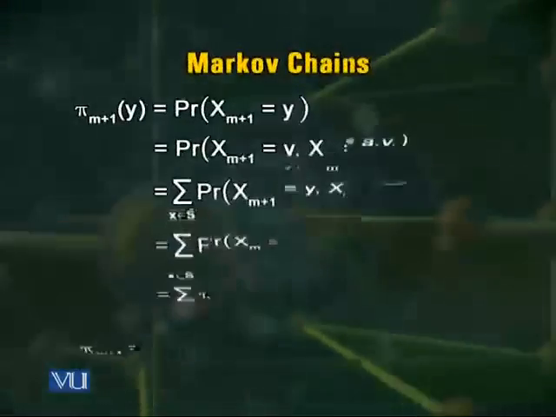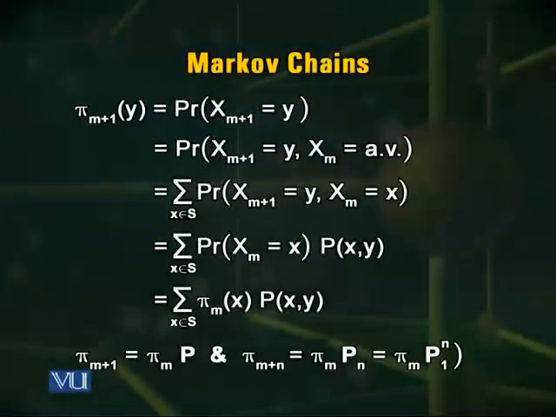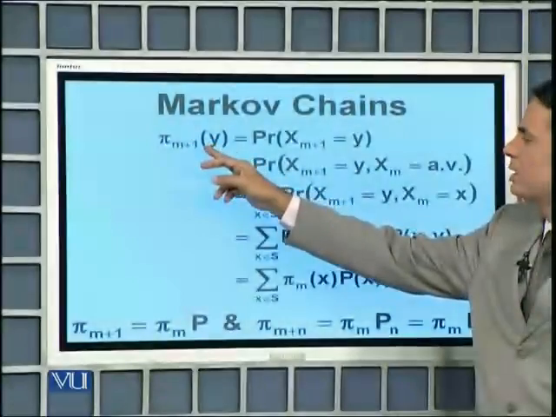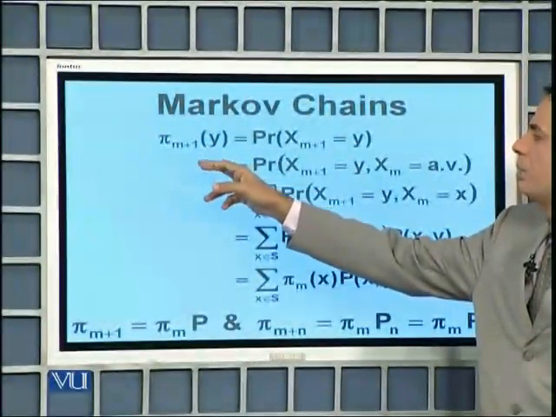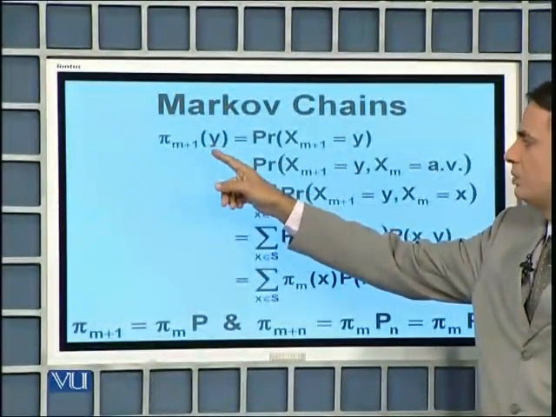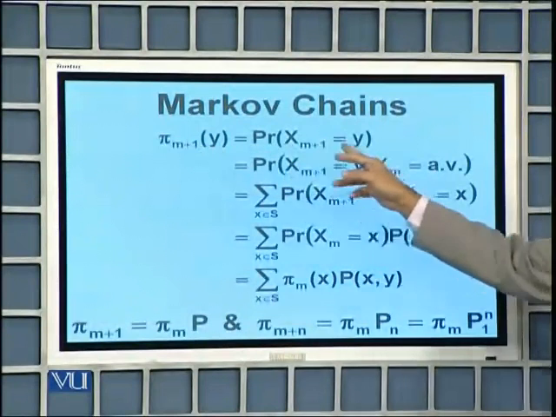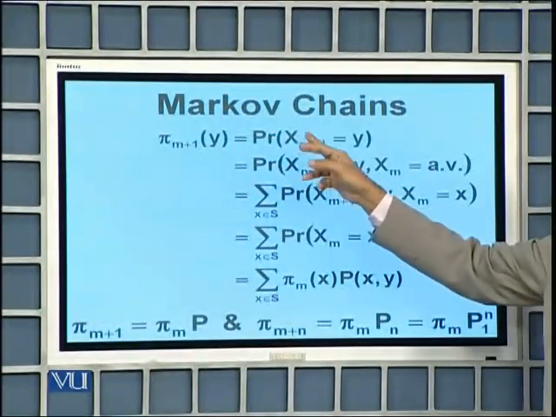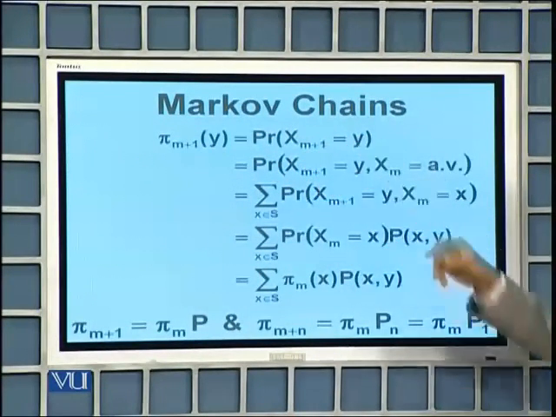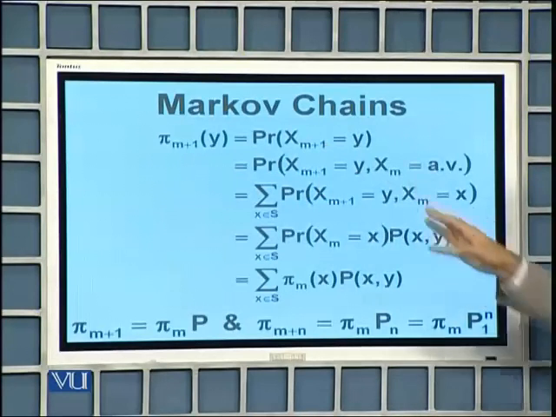This is all summarized in this visual that you see on your screen, which says that the (m+1)th random variable, capital X_{m+1}, has a probability distribution which is the probability of this random variable taking on a certain value. And you take its